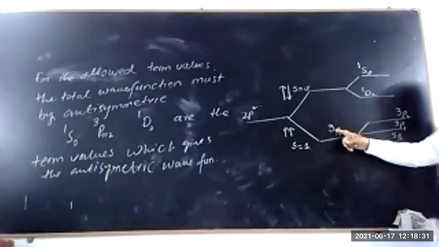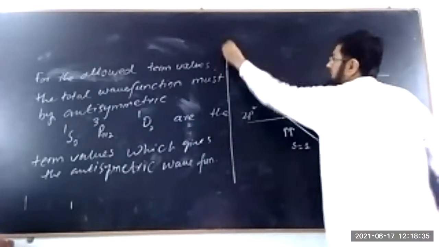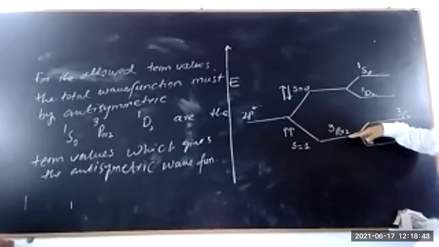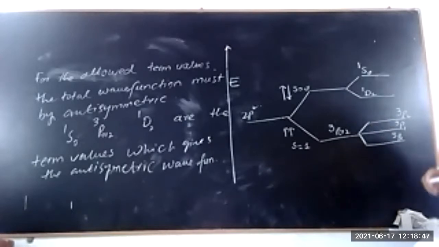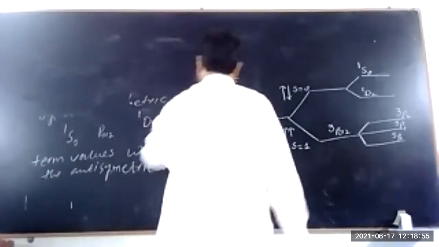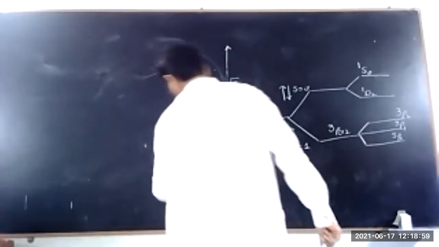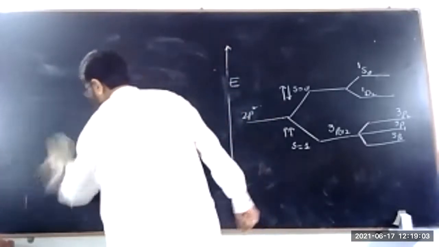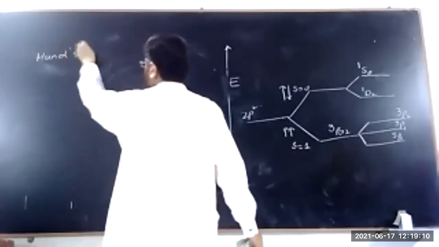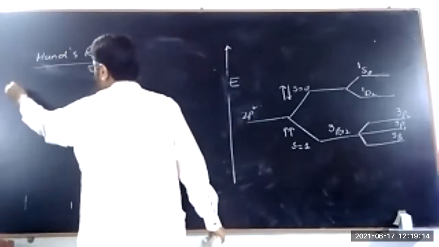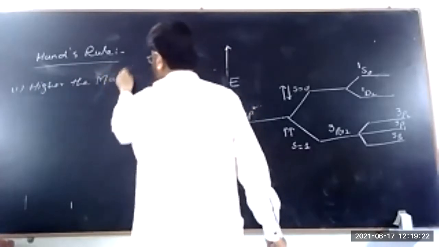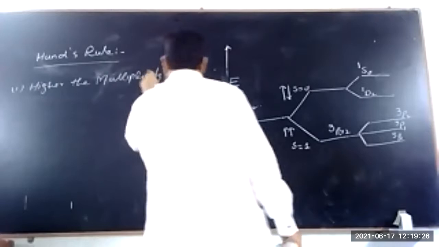Higher the multiplicity will have the lower energy। अगर ये एनर्जी लेवल डायग्राम है, एनर्जी किस डायरेक्शन में है, E, तो यहां पे इसकी एनर्जी सबसे कम किसकी है? 3P0,1,2। तो higher the multiplicity will have the lower energy, फर्स्ट रूल। तो मैं यहां पे लिख लेता हूं कि for the Hund's rule, number 1, higher the multiplicity will have lower energy।